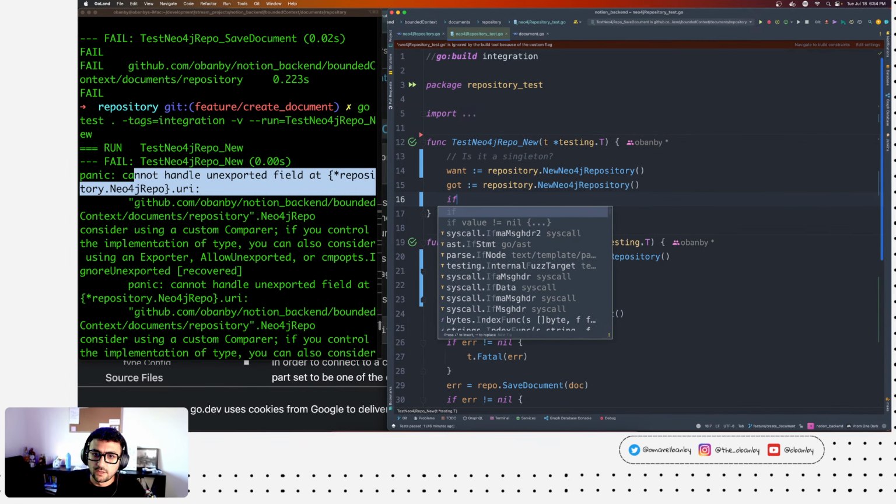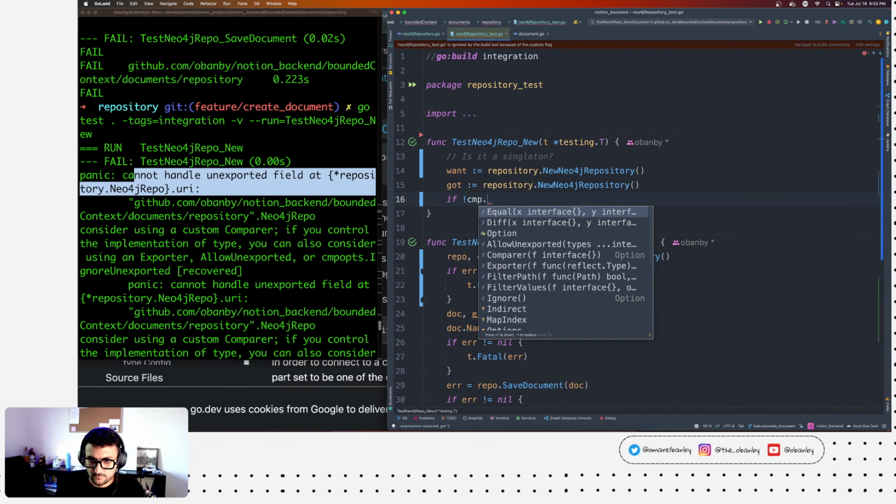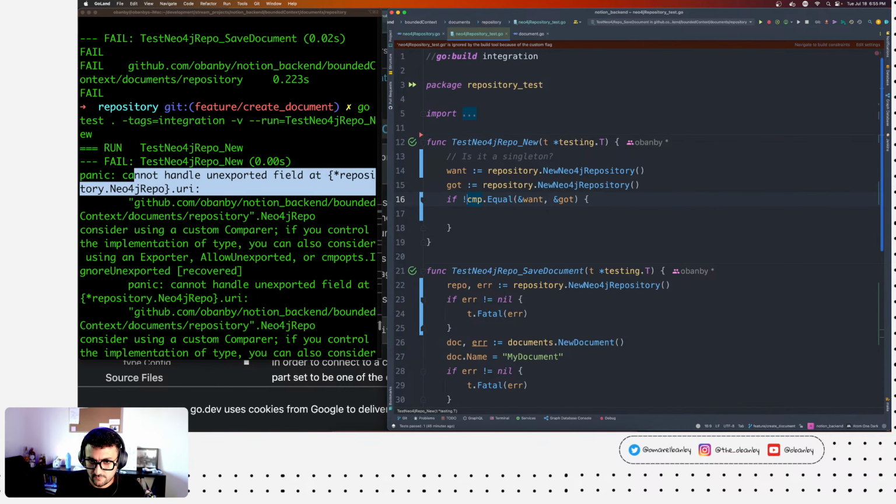Right. And now I'm going to compare the addresses, different instances of the repo.